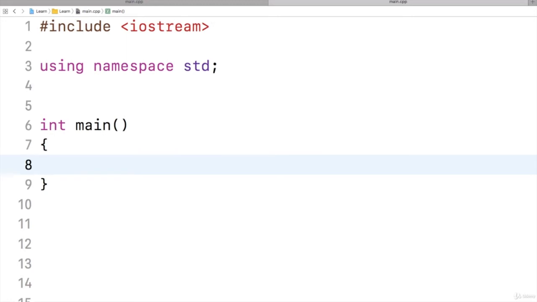Let us learn about lambda expressions. Already I have explained about lambda expression. So I'll write a simple expression and also I will call it. This is for the capture list and this is for the parameter list and this is the body of the expression, and here I will say hello